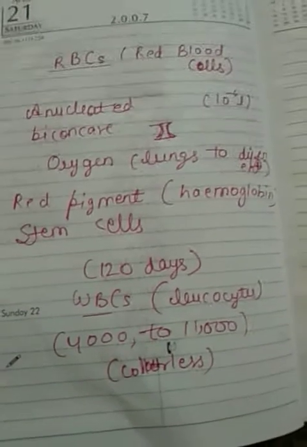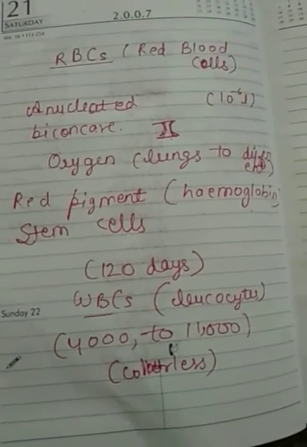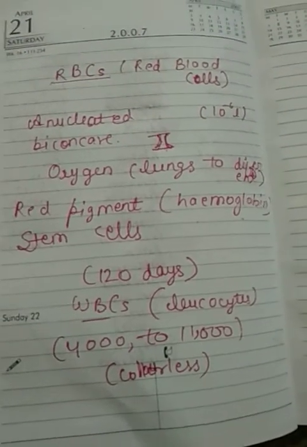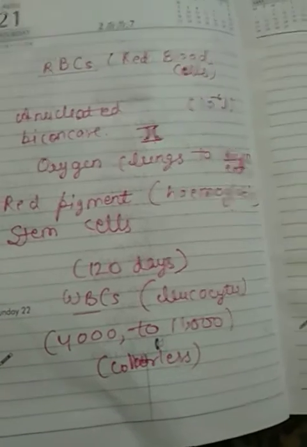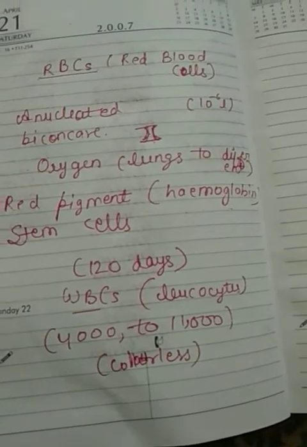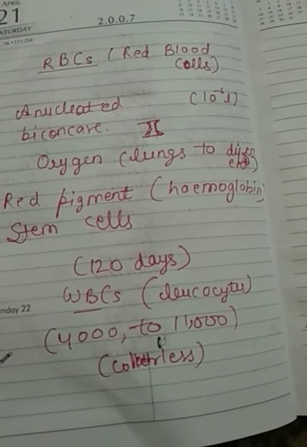Okay, now talking about their shape and size, they exist in a variety of shapes as well as a variety of sizes. So please remember, even though they are very few in number, the job which they do, that means building the immune system of the body, is a very wonderful job.